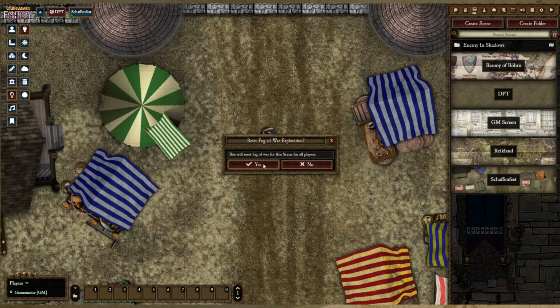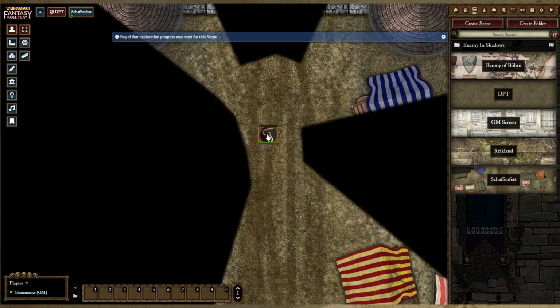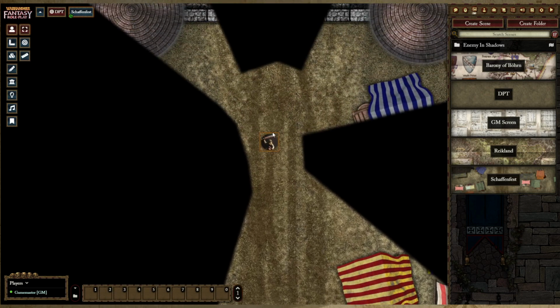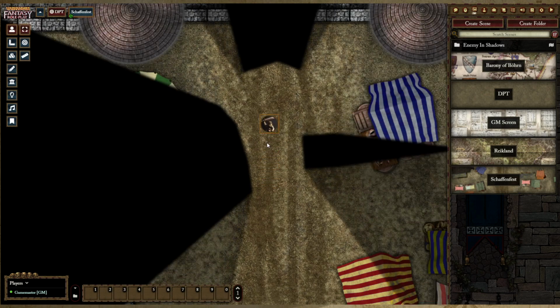This will reset the fog of war for all players. Yes. And now if I click this guy, this blacked out stuff is places he has not spotted yet, and everything that's visible is clear. So there's a wall here, so this is blacked out. And if I move him with the arrow keys, you see